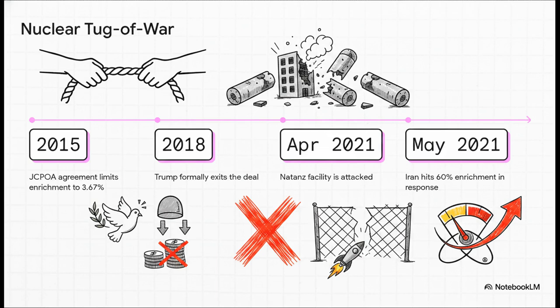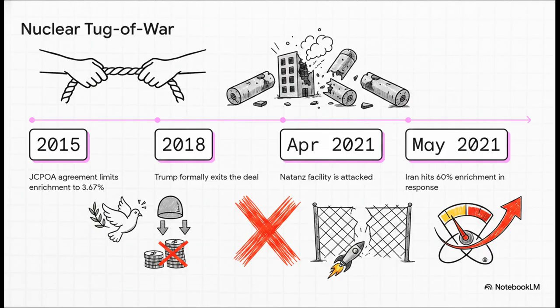In 2015, you have the JCPOA agreement, capping Iran's enrichment at a safe 3.67% in exchange for lifting crushing economic sanctions. But then, 3 years later, the U.S. officially pulls out of the deal. Tensions absolutely skyrocket. Fast forward to 2021, and the Natanz nuclear facility is attacked, widely attributed to Israel, destroying a